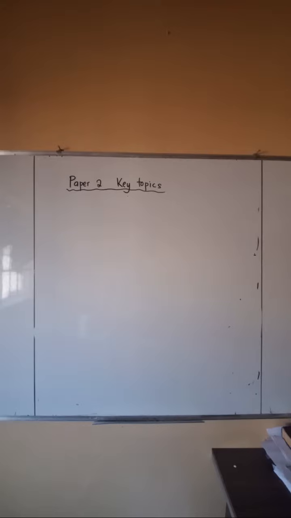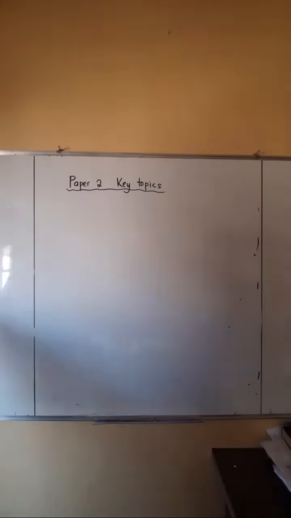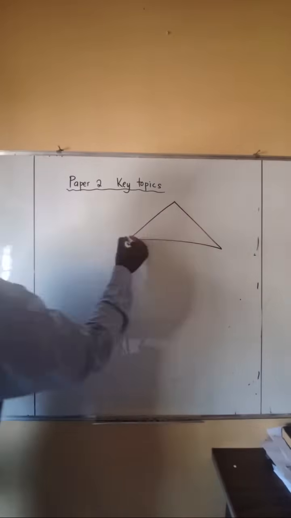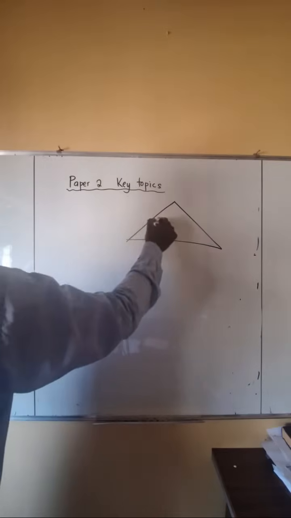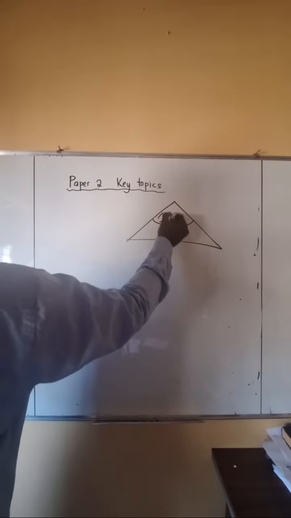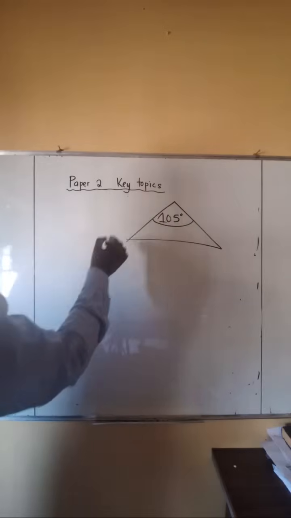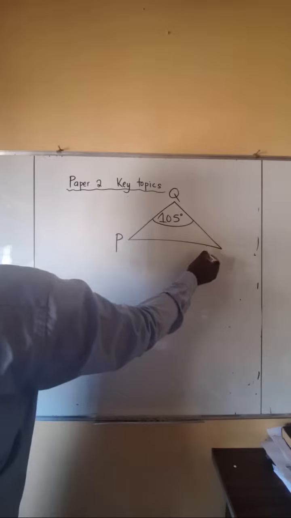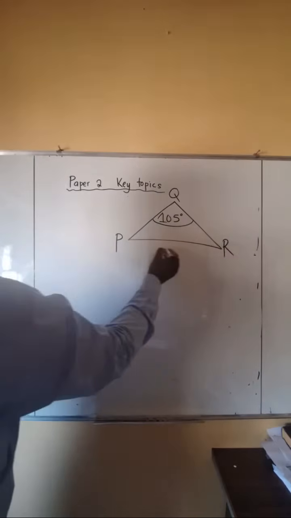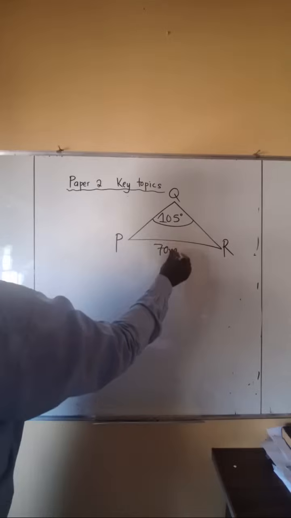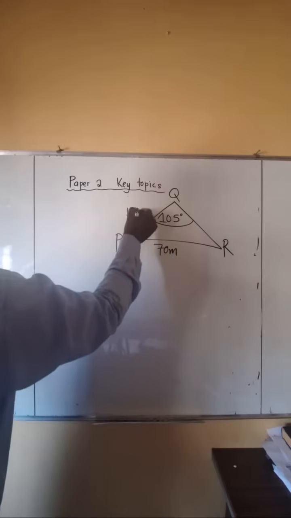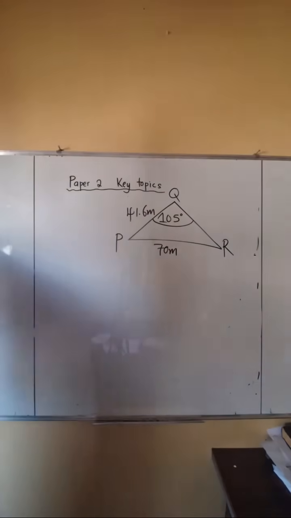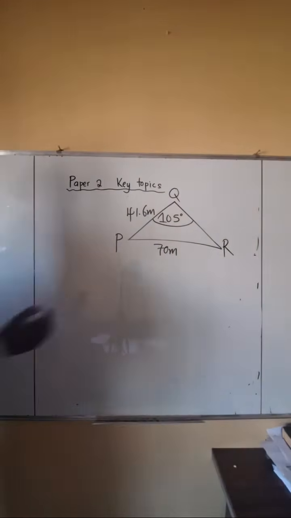All right, so let's go to trigonometry. This is how the question looks. You're given a non-right angle triangle. Here there was a 105 degrees, and there is point P, point Q, point R. They have given us 70 meters and 41.6 meters. So for the first question, they are saying calculate angle